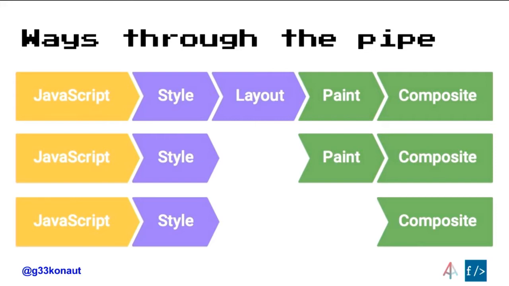Anyway, so that involves painting. It's still a bit of work, but it's less than actually doing the full part of work. Obviously, if you take something away, it's better, because we want to avoid things. And then the best thing would be, we have a JavaScript that kicks in, an event handler or something, that changes the style, that does not have to do any layout changes or paints, because it's, for instance, a CSS animation that just